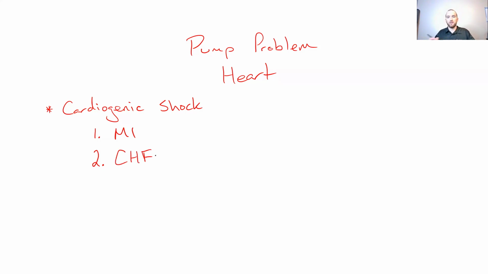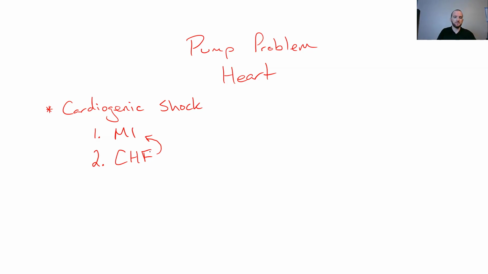And we might call that congestive heart failure. Congestive heart failure, again, most commonly, they had an MI in the past. So again, something has to structurally be wrong with the heart for the heart to not work well, pumping blood forward. Right, so MI and CHF are going to be your MI probably by a mile is going to be the most common scenario, followed by CHF, which is like the chronic result of somebody that typically had an